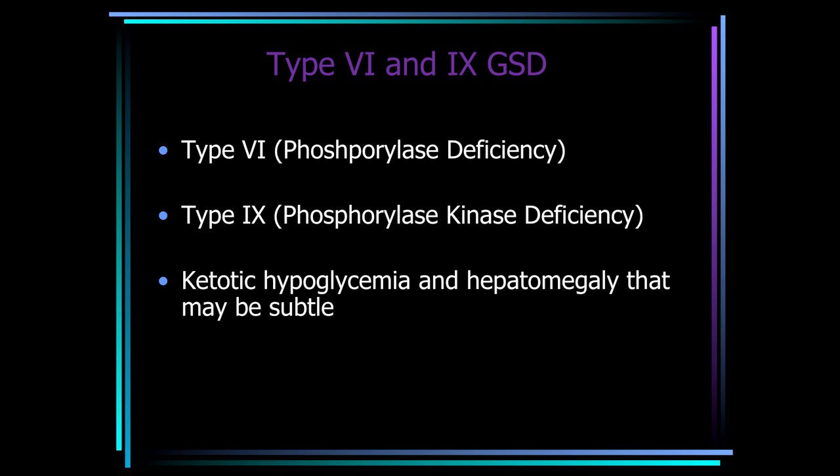autosomal recessive manner. So sometimes when I see a boy with ketotic hypoglycemia and maybe a slightly enlarged liver, I would think type 9 before type 6, although the incidence of type 6 is equal in boys and girls. Now, if I saw a girl with the same thing, ketotic hypoglycemia and the liver slightly enlarged, I would think type 6 before type 9, just because type 6 might be more common than the rarer subtypes of type 9,